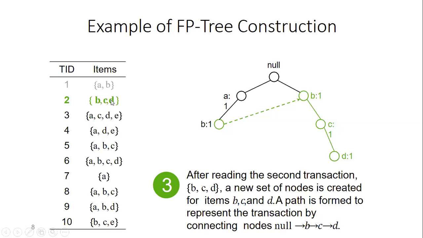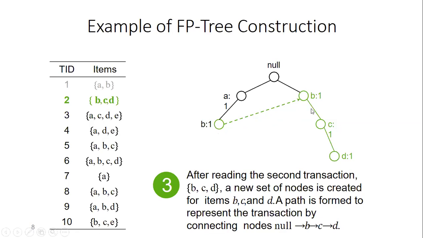So we have to make sure that the count is correct. Here A is equal to 1, B is equal to 1, B is equal to 1, C is equal to 1, D is equal to 1. But B is 2. But I cannot write 2 here, because it is in different transactions. So I use the singly linked list. If you remember, in the previous slide I told you we will connect the singly linked list. So B1, B1, so 1 plus 1, 2.